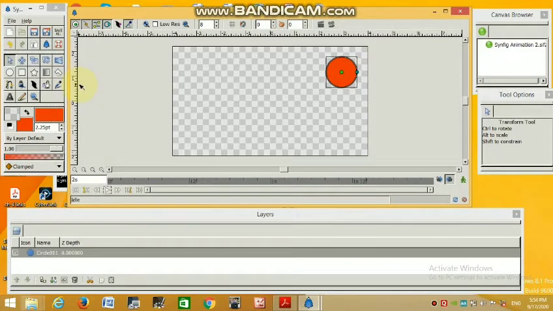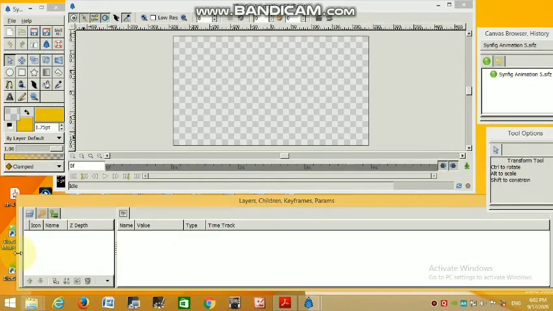Okay, our second animation is animation using keyframe. Let us create an animation of moving the circle from left to right and then left again using keyframe. For this we need to create the following 3 steps. First the circle is on the left, second the circle is on the right, and third the circle is on the left.